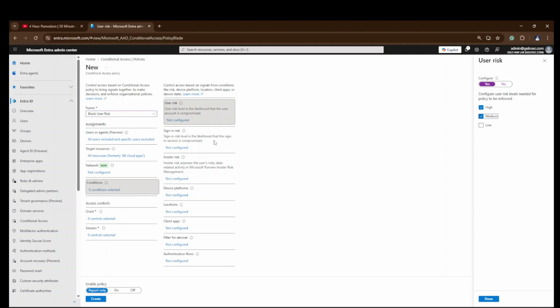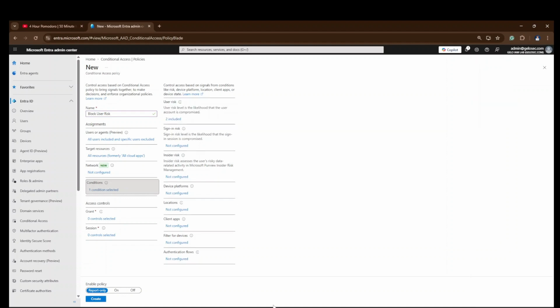And impossible travel is, for example, a user signs in from the Philippines, then after 2 minutes signs in from Singapore. So there's something wrong with that because you cannot travel from the Philippines to Singapore in just 2 minutes. While for user risk, most attacks associated with this are leaked credentials attacks.